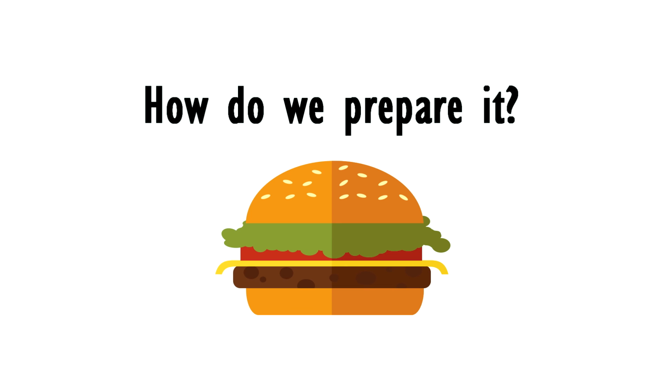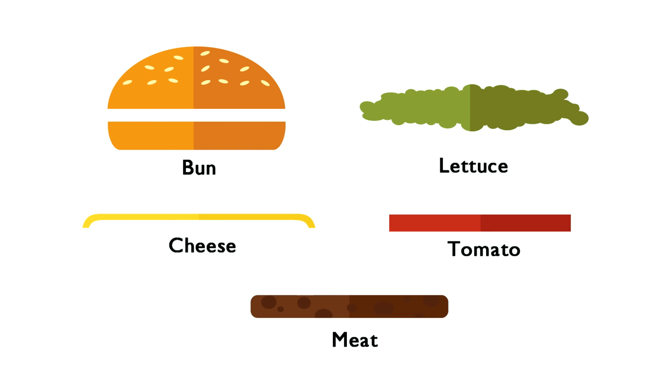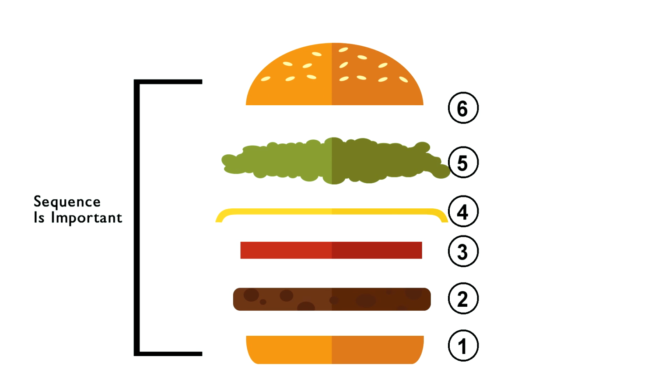Think about making a chicken cheeseburger. How do we prepare a chicken cheeseburger? Firstly, we need to have all the right ingredients. Then we put together the burger. The sequence is important here. You should start with the bun bottom, followed by the chicken patty, cheese, tomato, lettuce, and top it off with